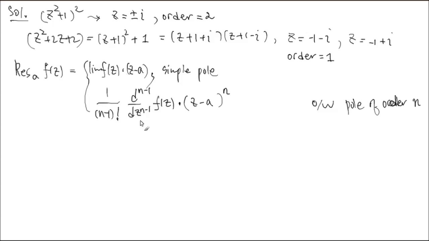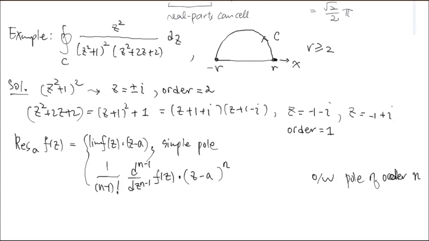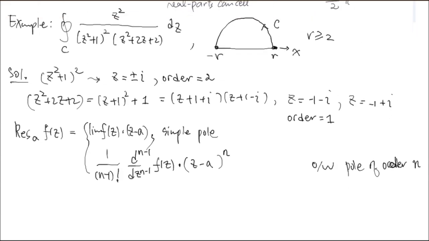As you can see, if this one here is not a simple pole but a pole of order 3 or 4, this could be really a pain, and there's no good way to shortcut the calculation in general. All right, so that's the situation. Then what we want to do here is write down residue theorem 2, right? That's what residue theorem 2 is about. So I'm going to write down the integral over C of that whole complicated quotient expression. Is that all right? It is equal to 2 pi i